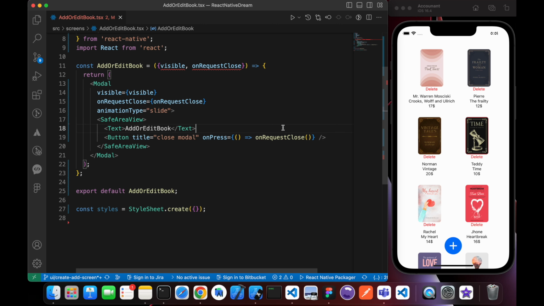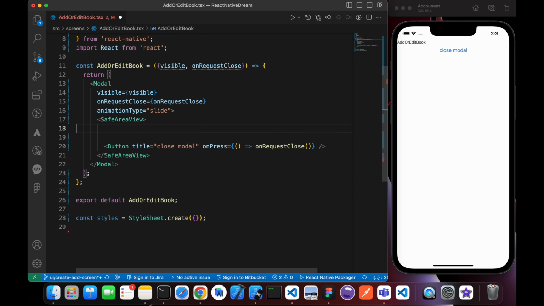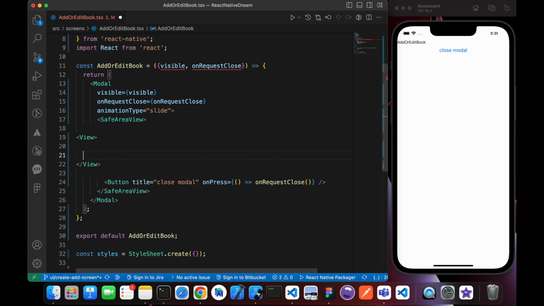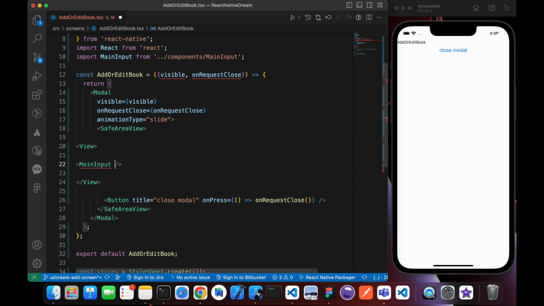In this lesson, we're gonna create the add or edit box screen. When we press here, we have to show here a screen with 4 inputs and a submit button to add new box. Now let's create it. First of all, let's get rid of this text and add a view. Inside this view, we're gonna put main inputs with options,